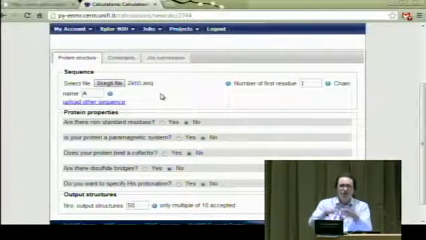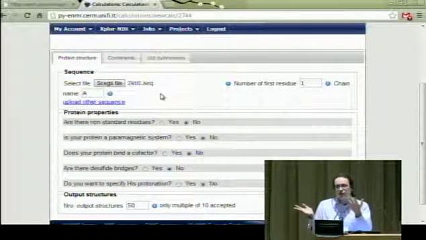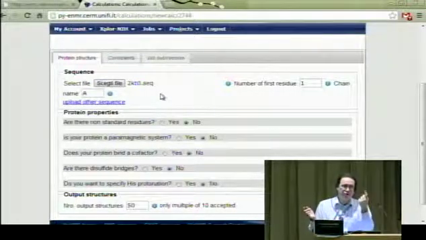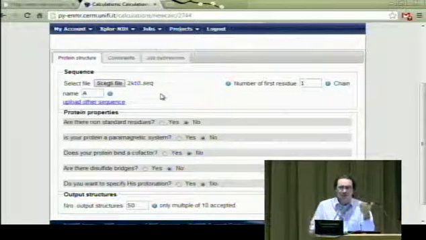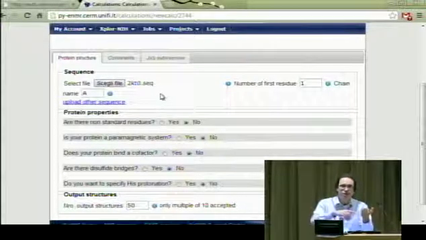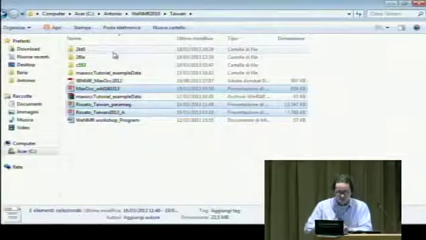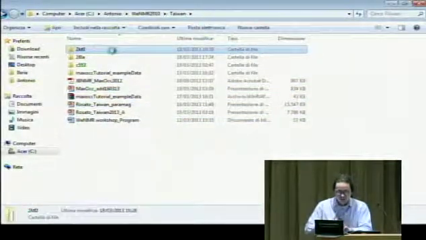The same chain identifier must be found in the restraints files. Okay? This is not mandatory actually. If you have only one protein with one chain, you can omit this chain identifier here, but you have to omit the chain identifier also from the restraints data. So, for example, if we take a look at one of these,